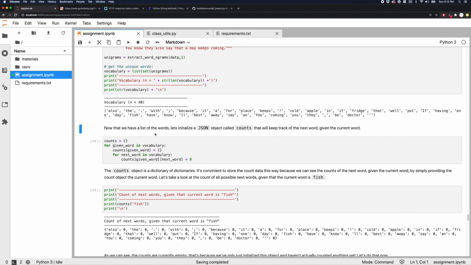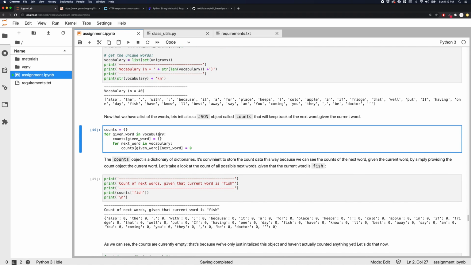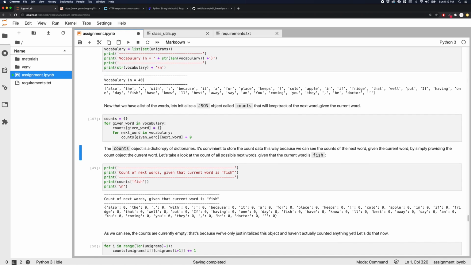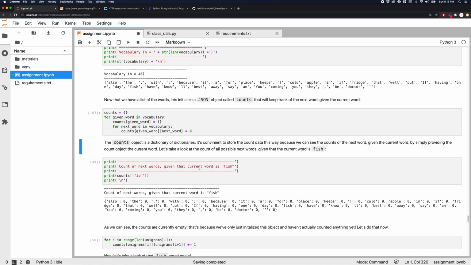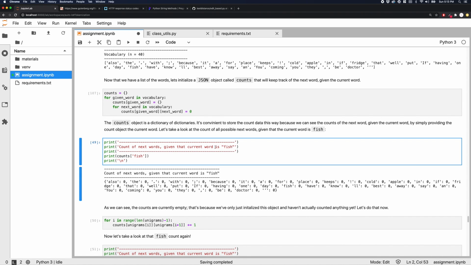Now we could do it in a NumPy array, but I actually think it's significantly more intuitive to store these items in a JSON dictionary, for reasons that you're going to see here in a minute. So let's initiate a dictionary called counts. What this counts object is going to be is a dictionary of dictionaries that's going to provide the count of all the next words after you give it the current word that you're looking at. So by way of example, let's look at the count of all possible next words given that the current